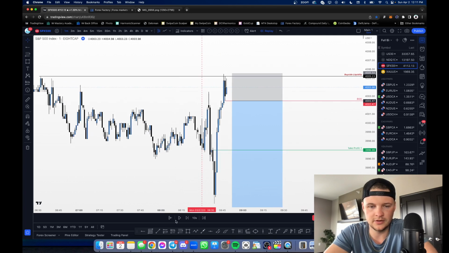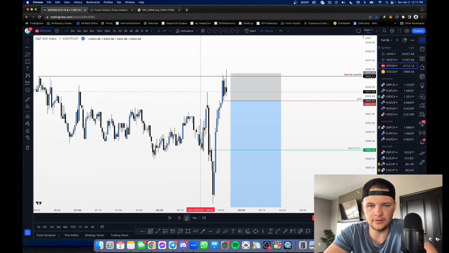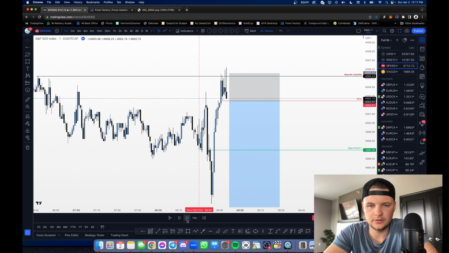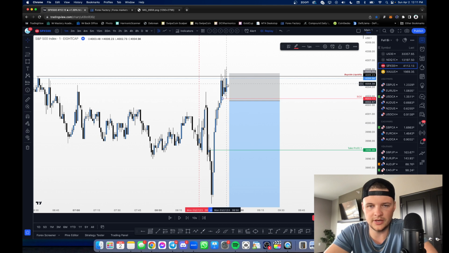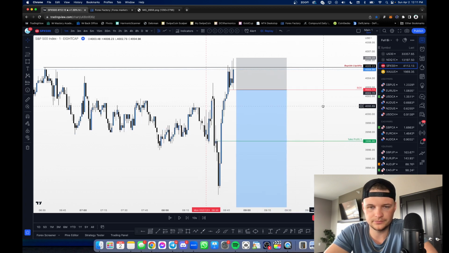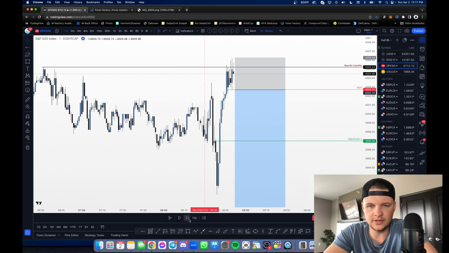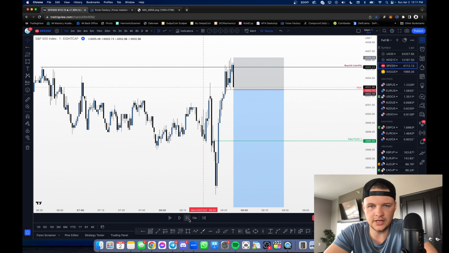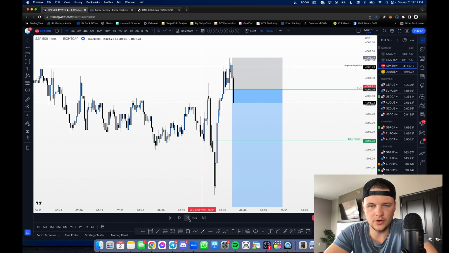But let's just see if it ended up giving an entry point right here. So let's see here. All right, great. So your low actually changes right here because we got another down close candle followed by an up close candle. So boom, we have actually a new low that was put in right here. So we could actually change this, track the new low, and we could put our stop above this high. Play this out again. I believe our break of structure, if I remember right, it was actually pretty large. Like it pushed quite a bit past. Oh, no, it didn't. Okay, great.